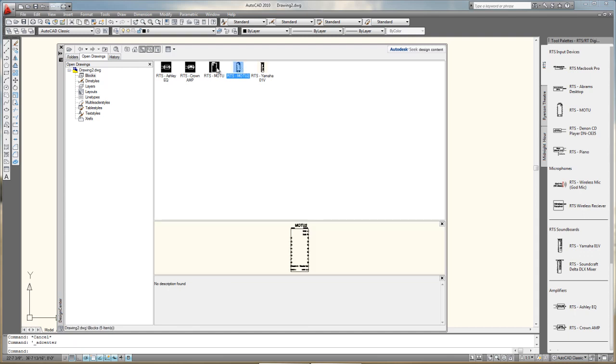Something I want to show next is the purge command, and that's something that's useful. Let's say that this Yamaha board and this Crown amp and this Ashley EQ are old blocks, and let's just pretend that this is our database. This is the database we're going to be creating. For some reason we've named it drawing 2,